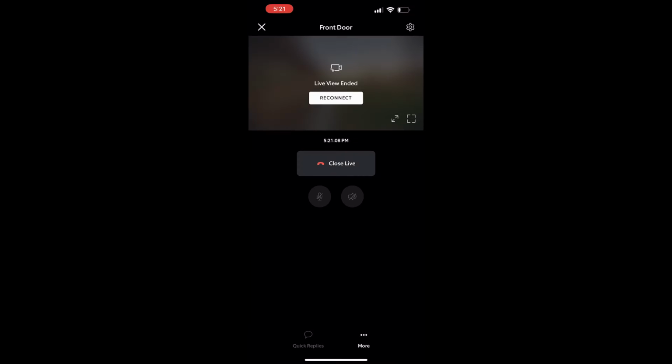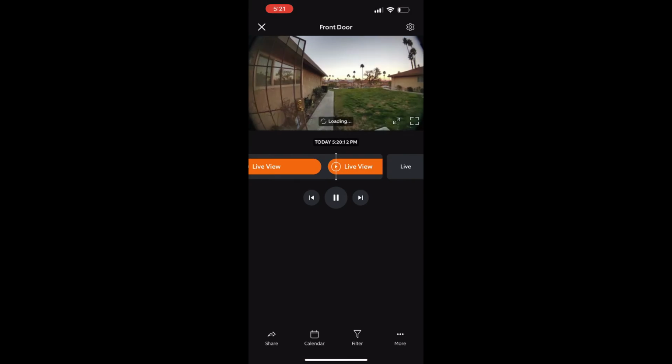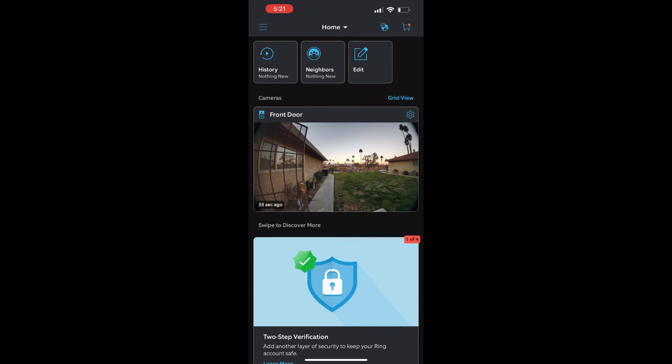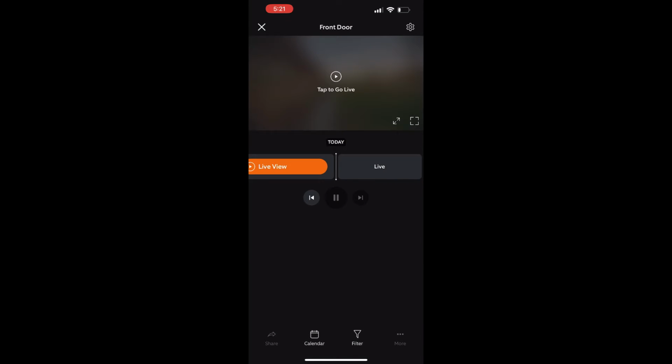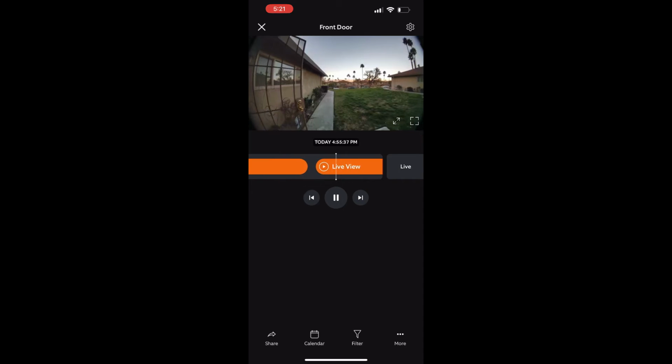Okay, so I'm going to open up my Ring app here. This is what it's going to look like when you first open it. Right here, we have front door, we have a snapshot taken 38, 39, 40 seconds ago. I'm going to tap on that snapshot, and that's going to give us our 2 options here. We have our tap to go live, which is going to be our live feed. And then below that, we have our timeline, which is where you can go to see anytime you loaded up